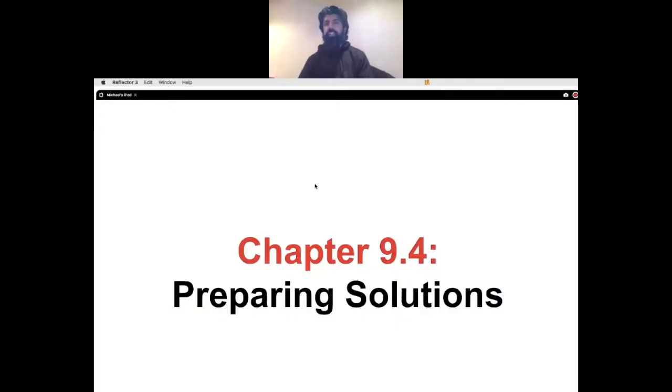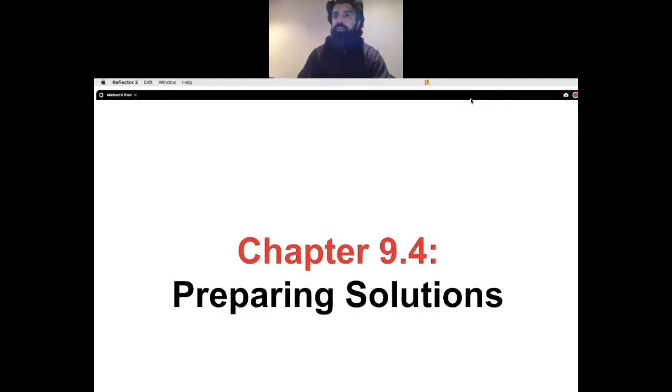Preparing solutions. These are the steps that, at the high school level, we typically carry out ourselves, preparing the solutions for our students for labs. But come post-secondary, a lot of times you're going to have better facilities. That's where your money goes to, right? At the high school level, we wouldn't dare